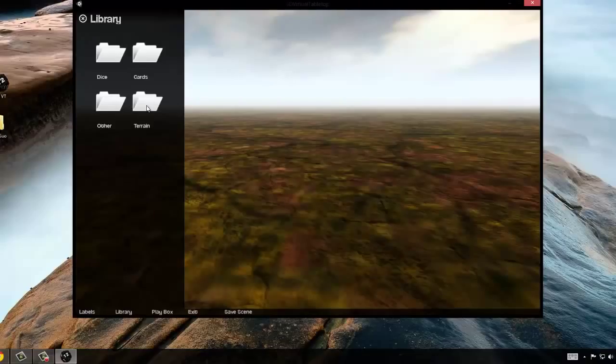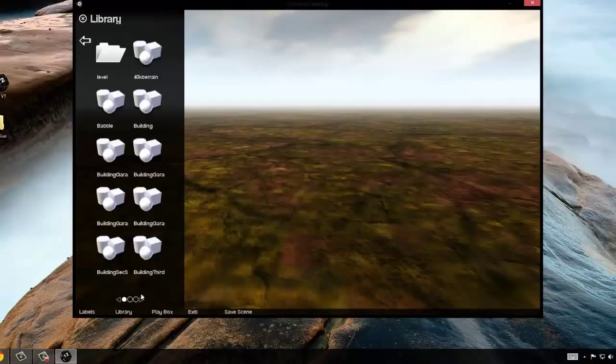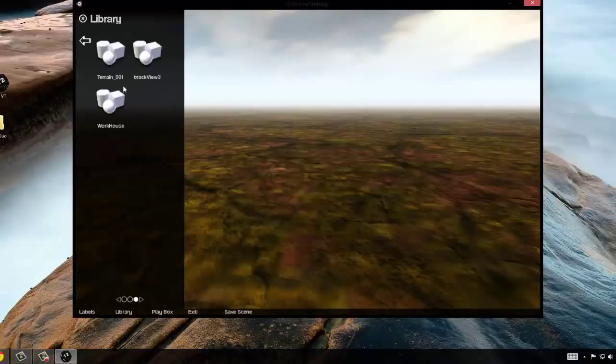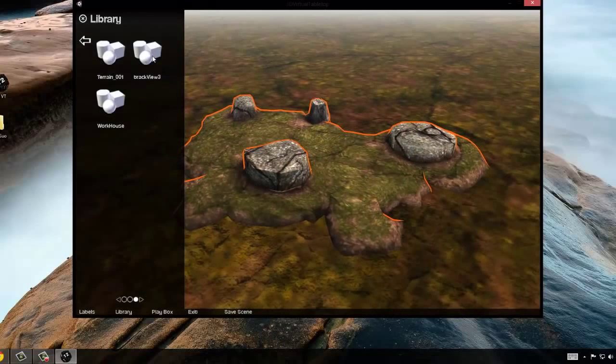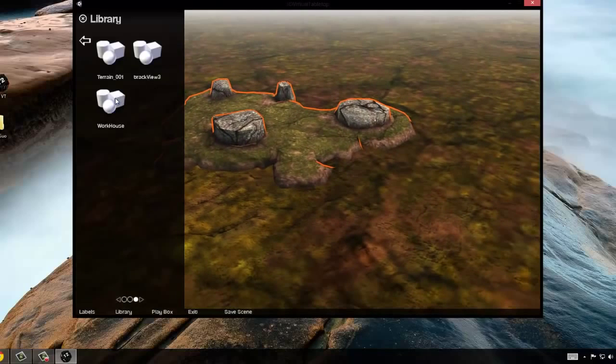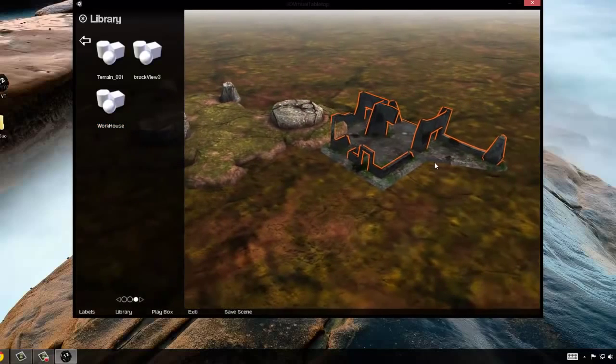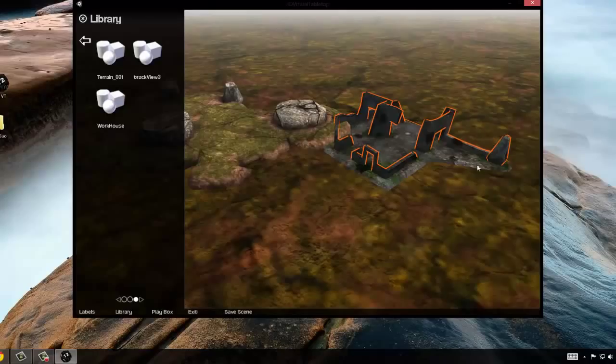Now inside of my library is a folder called Terrains. Inside of Terrains is a set of models, and we'll go ahead and throw in a simple terrain, which is pretty fun to work with. A burnt out old building,